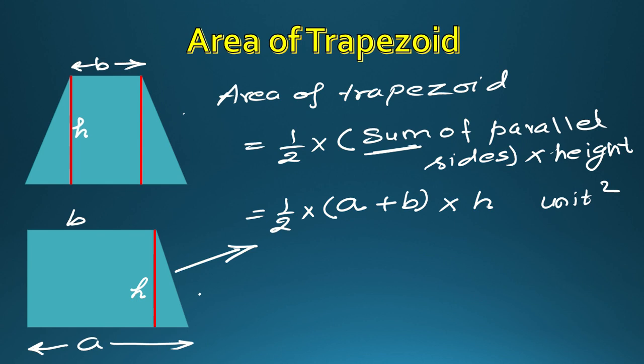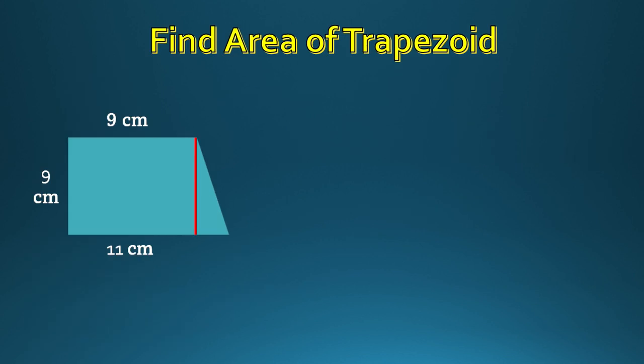So again, for this also area of trapezoid will remain the same. This is the same formula for this figure also. So you see how useful this formula is. If you memorize this formula by understanding, then every time you will do the question correctly. Let's discuss some questions based on this. For example,